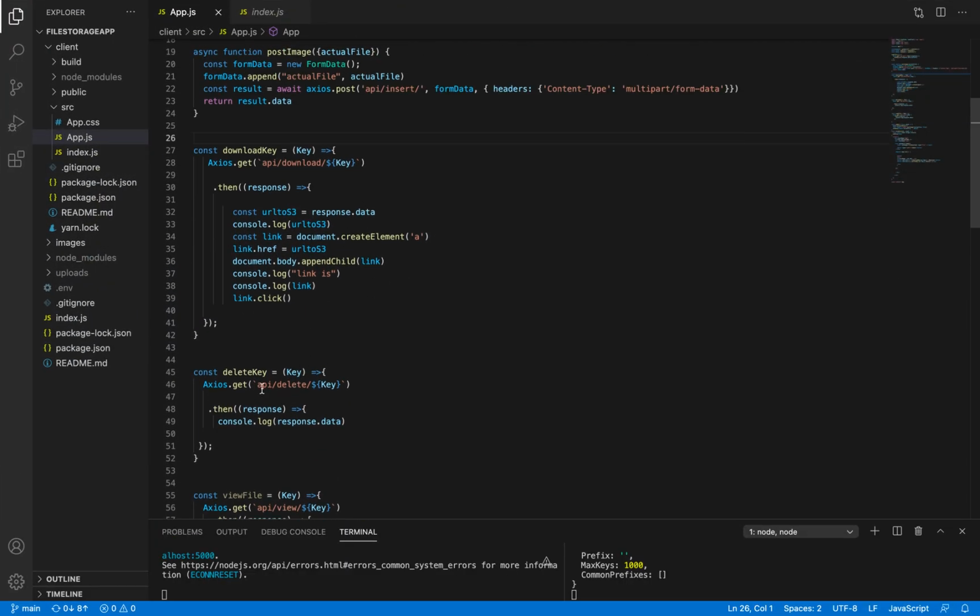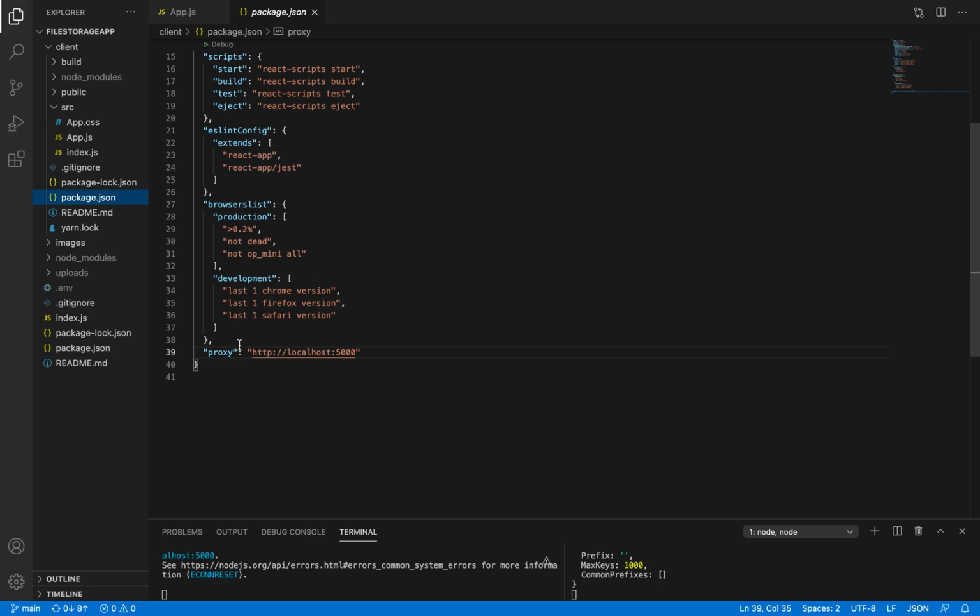Initially we had written HTTP localhost colon 3000 or 5000, whatever the port was, and from here we provided the direct URL to listen to the server side. So it was not able to listen and get information from the server while deployed on Heroku. To resolve this issue, let's go to the package.json of the client side, and here we have written the proxy.